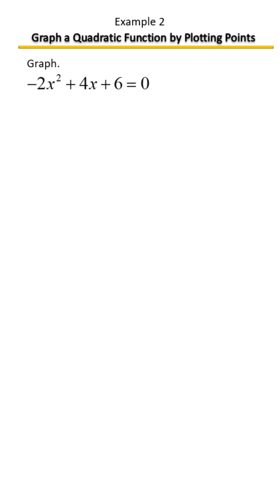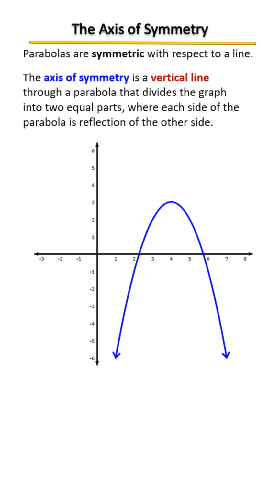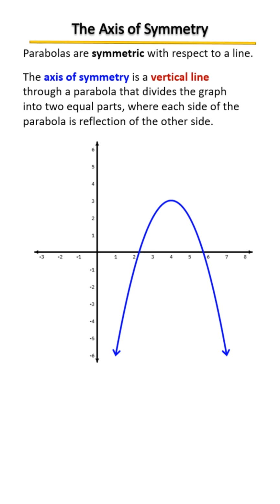In this example, we're going to graph a quadratic function by plotting points. Before we begin, let's go through some quick basics. The axis of symmetry is simply a line that, if it were to be sketched or drawn through the parabola,